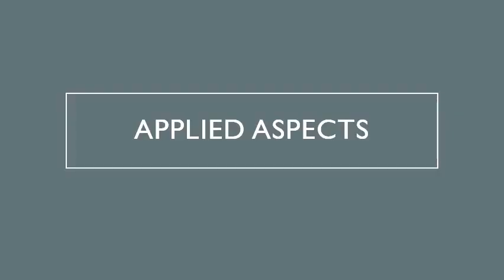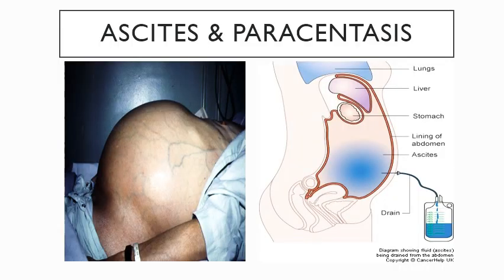Now, moving on to the last thing, applied aspects. The first applied aspect is ascites. I told you that the amount of peritoneal fluid present within the peritoneal cavity is around 5 to 20 ml. The maximum it can be, especially in women during ovulation, is 50 ml. But if the amount of fluid increases further in some pathological condition, it leads to a condition, what we are looking at here, the gross enlargement of the peritoneal cavity because of the accumulation of fluid, called ascites.